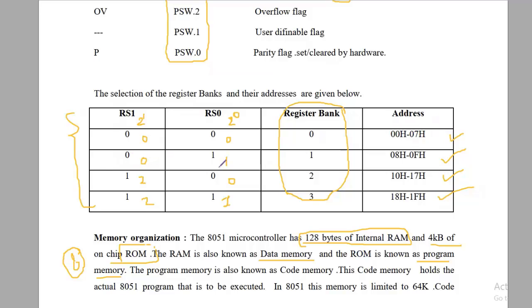Next is register bank 1. Finally, we just sum the values, we will get 1. Similarly, when we sum this value, we will get 2 and this will be 3. So these are basically representing a block of registers, which one to select using the register bank. So if we have the value of register bank 2, then we will be using the registers at these addresses.